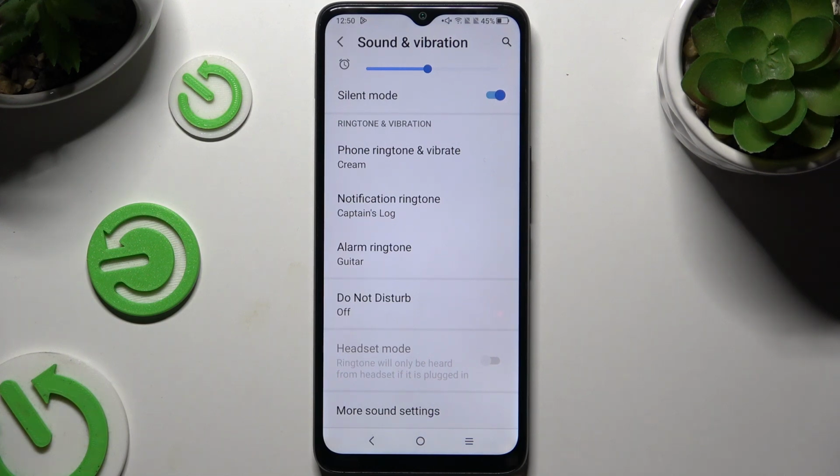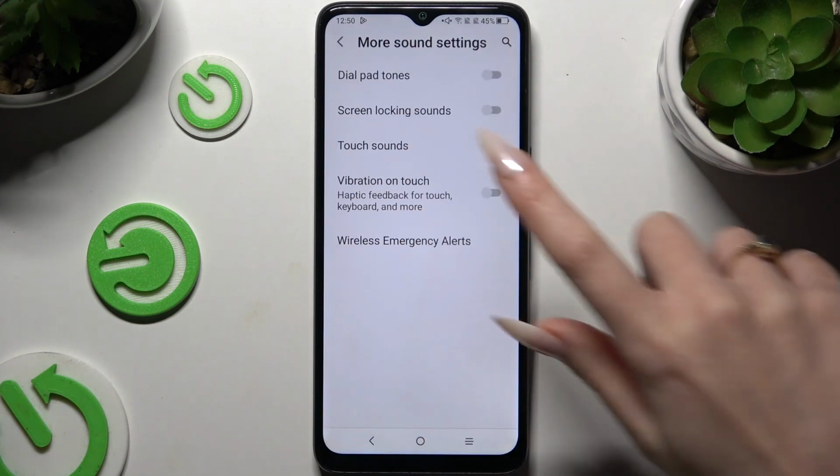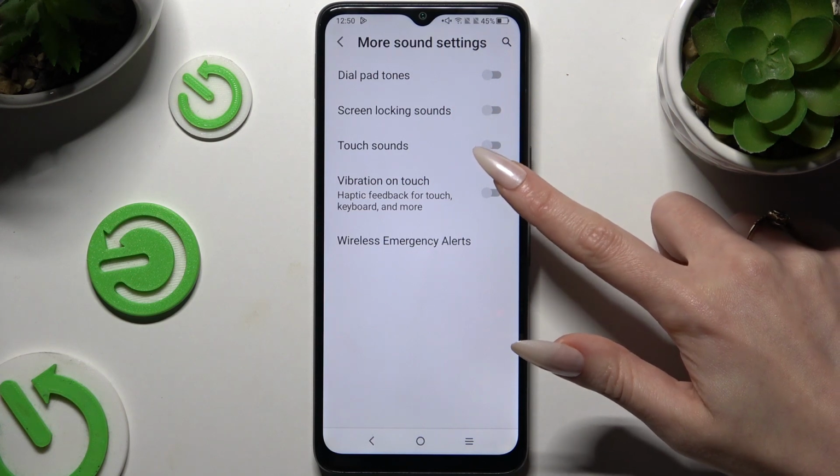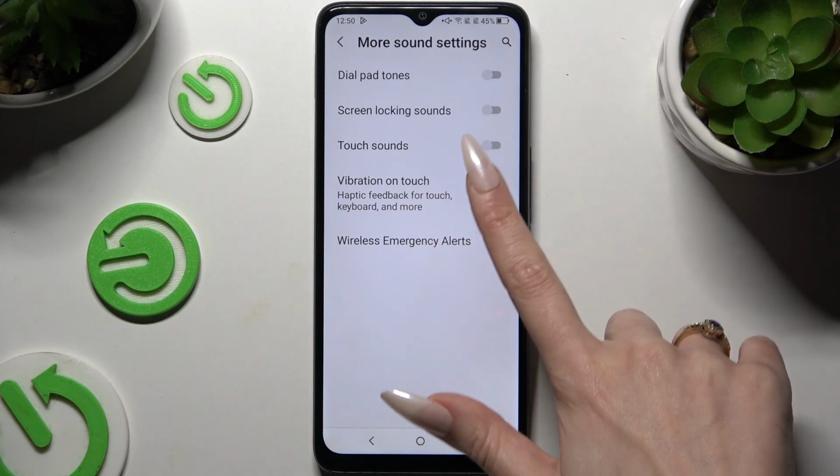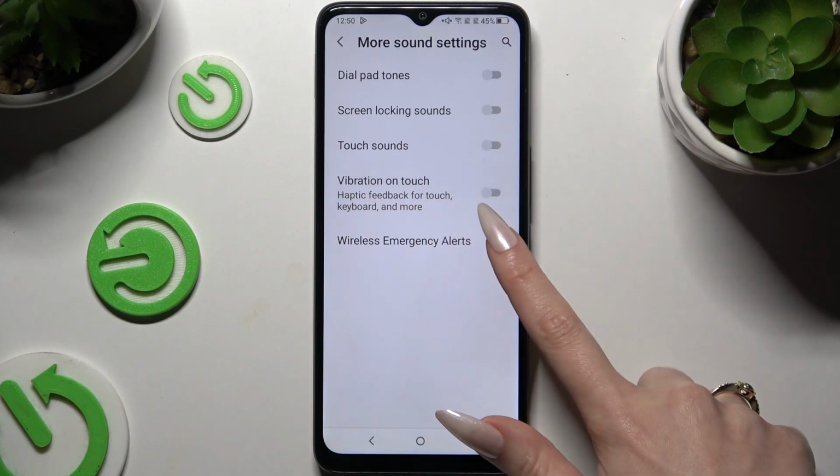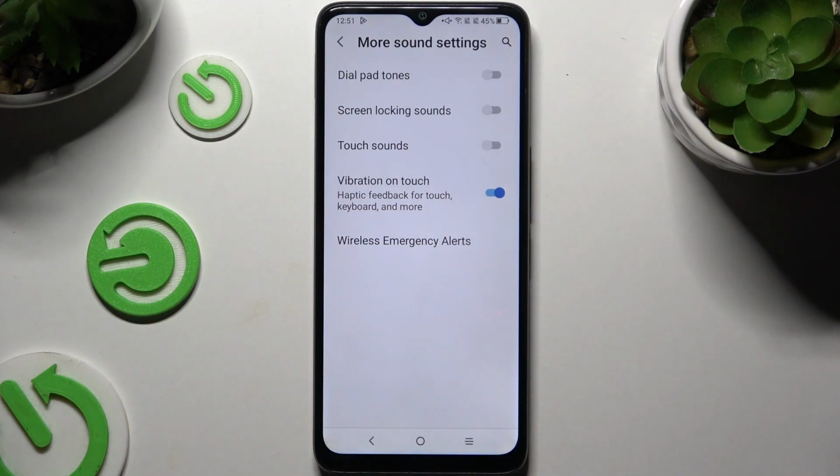More Sound Settings over here. Then use this switcher next to Vibration on Touch to switch on or off haptic feedback for touches, keyboard and